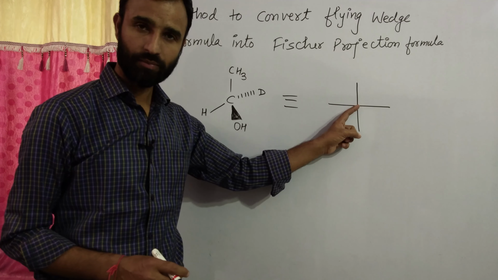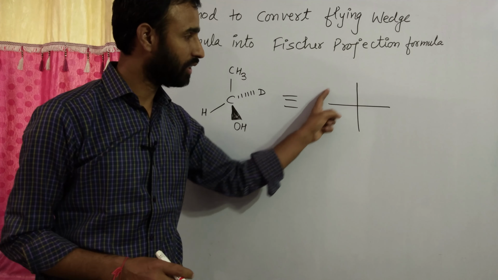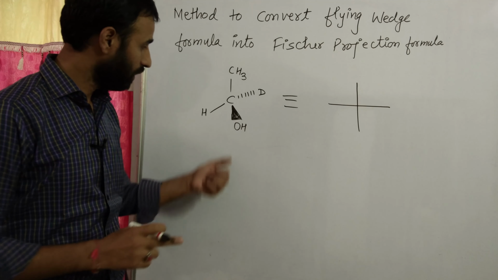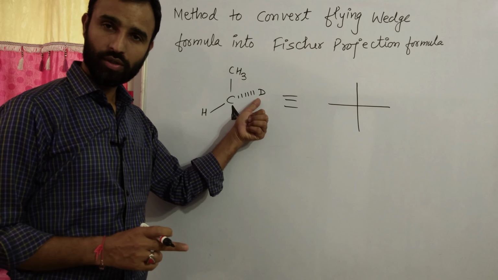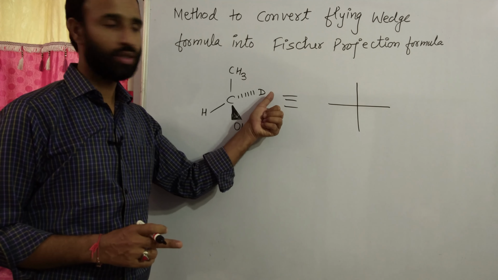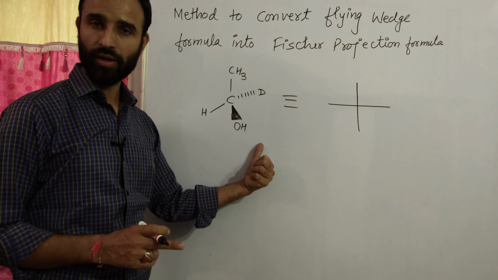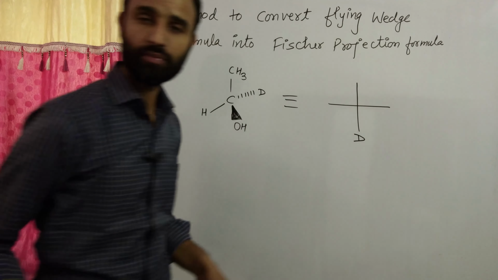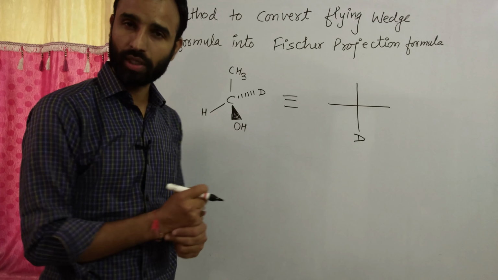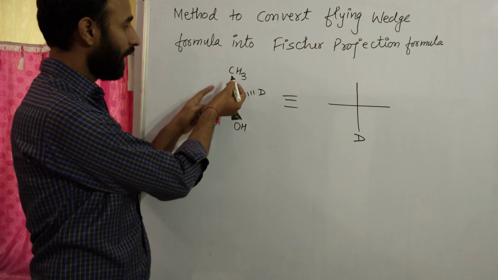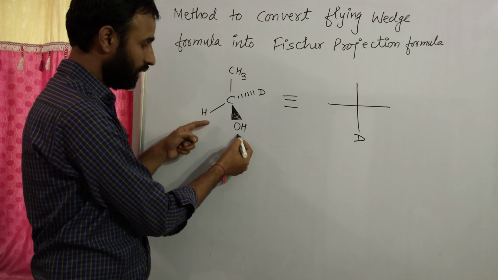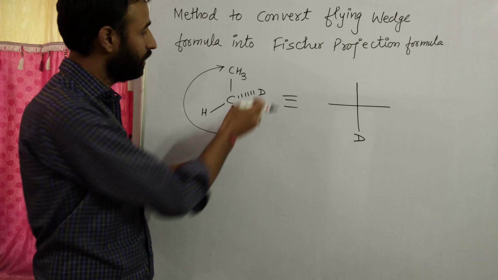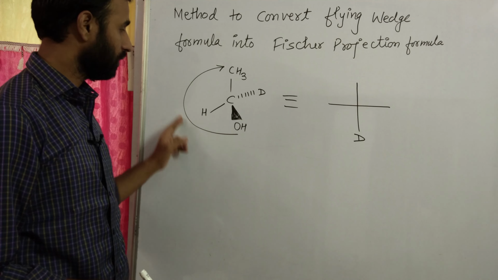Generally it is omitted. Now we write groups as a rule. Remember this rule: the group which is away from the observer in the flying wedge formula is always written at the bottom. Always write it at the bottom, then you can write all these groups either anti-clockwise or clockwise. We write these groups